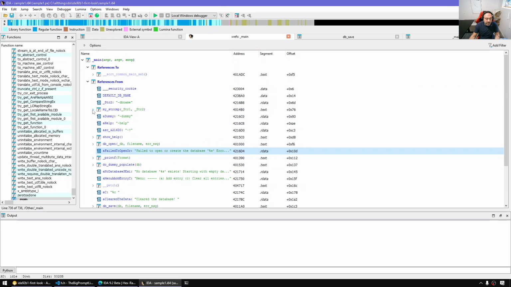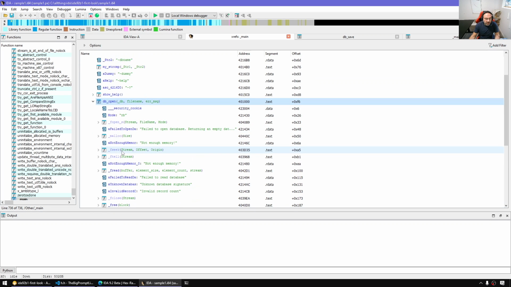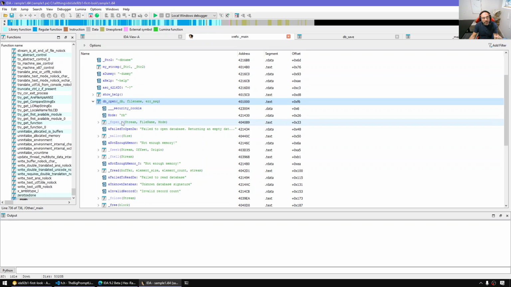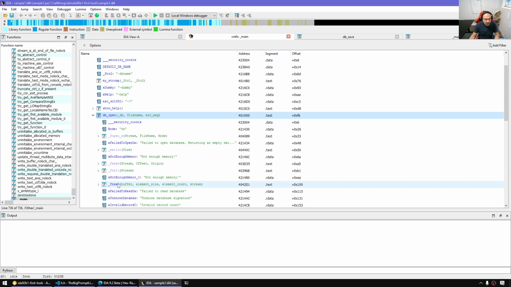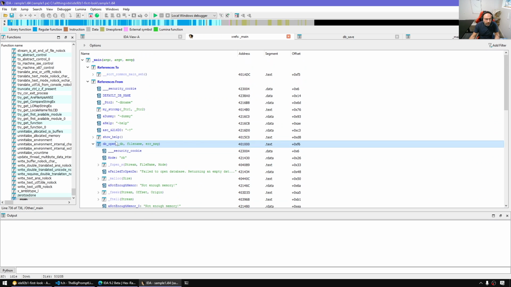If we expand this function here, nothing happened. Let's see here. This function now is displaying the child dbopen and only the cross references from. So it's telling us where dbopen is going to. fclose, which is a nested one, where it's going to as well, xrefs from. Now, ideally,